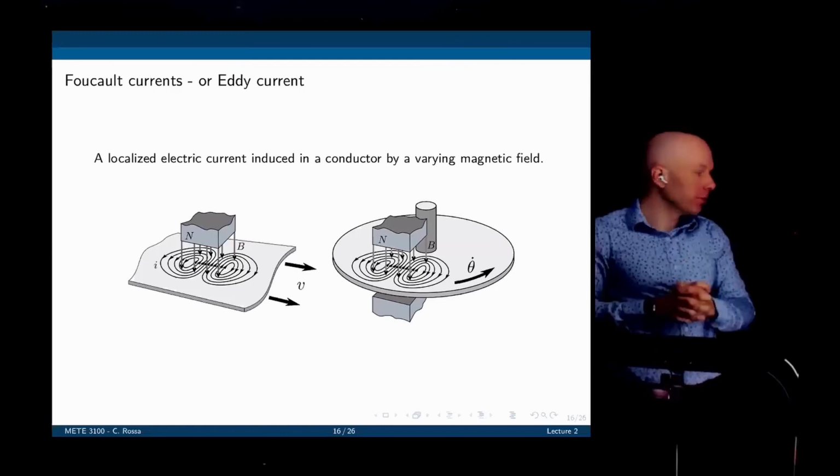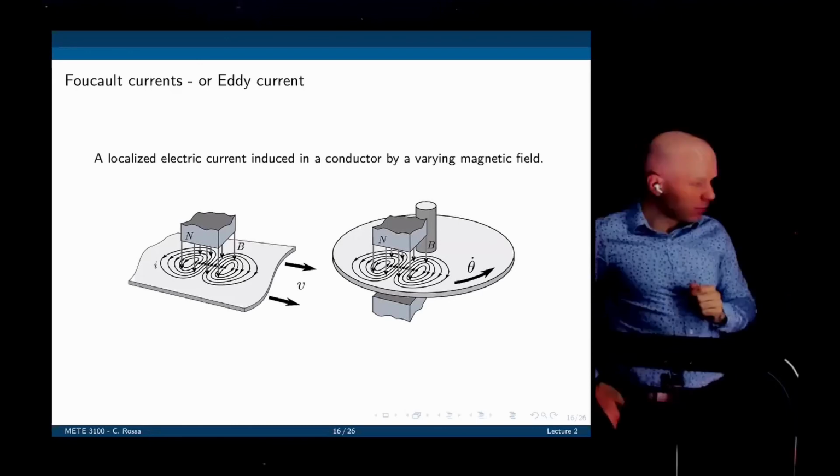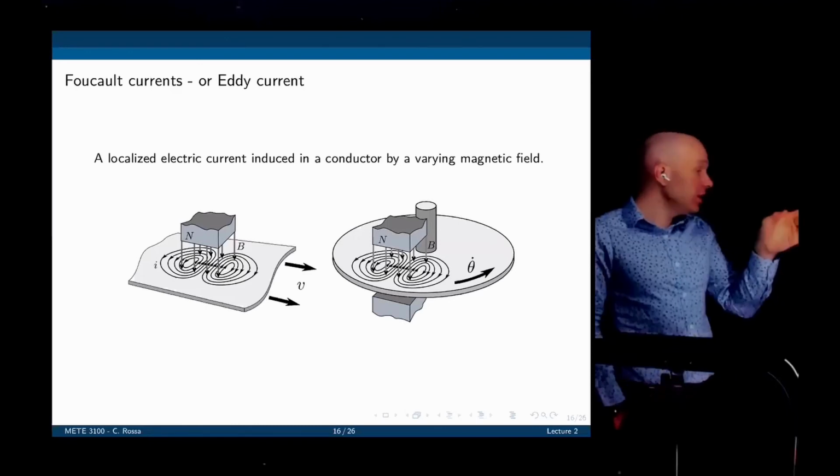Sir, wouldn't this kind of be acting like a dampener in a mechanical system? Very good. Exactly. This is indeed very good. This is what it is. It's a damper. It's a pure damper, because